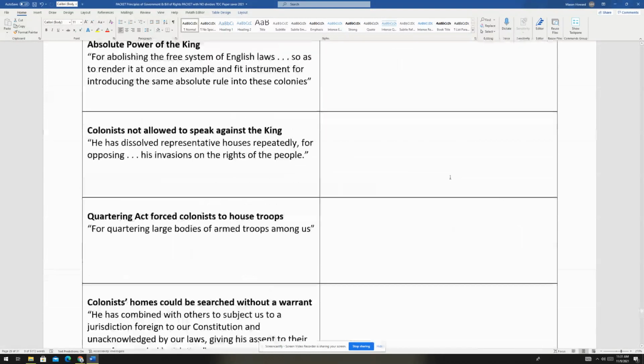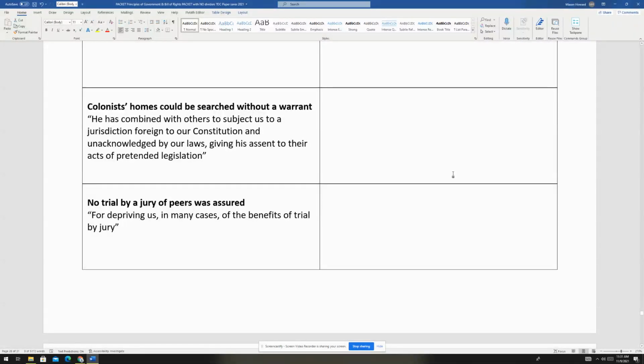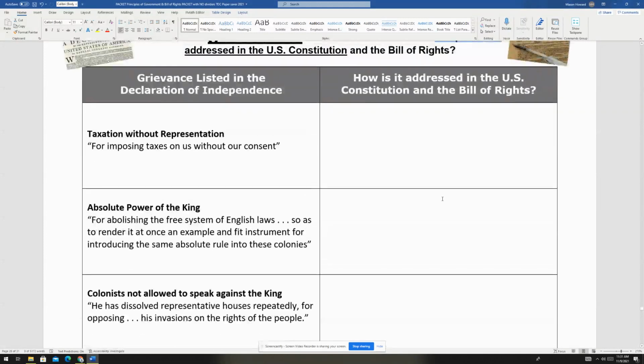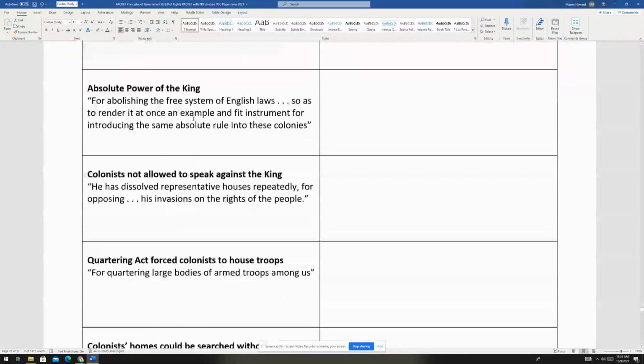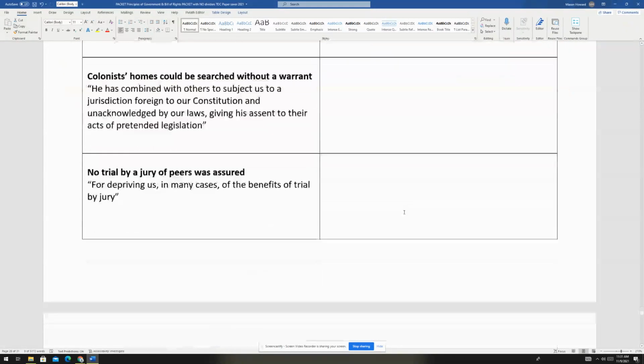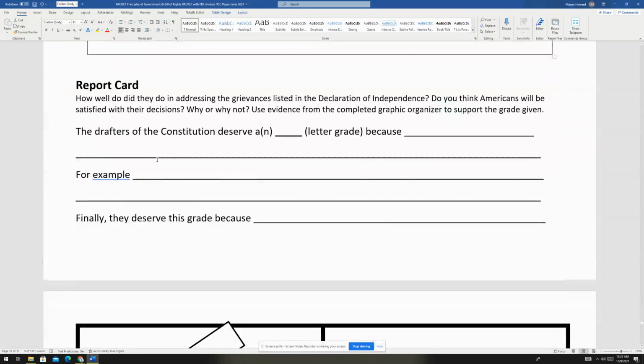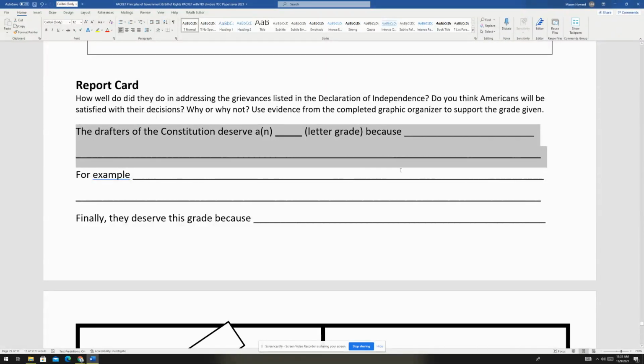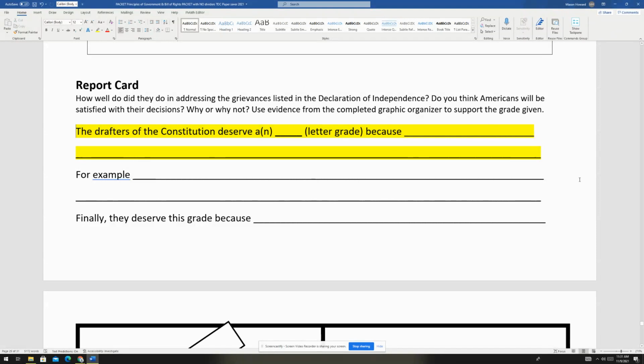Obviously, look, use this graphic organizer. They thought they covered all their bases. We did great with the Bill of Rights, making sure we would address, from the Declaration of Independence, that we broke up with a bad government. We made sure a new government would be great. So give the writers, the drafters of the Constitution, a grade of how they did on writing the Constitution right. Why? This is all you really have time for, probably today. I'm just going to grade this part. Just fill in this sentence. Yep, that's all you have to do. And then you have completed